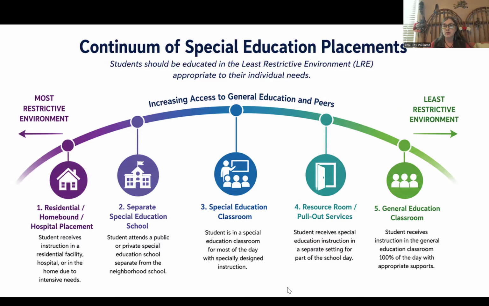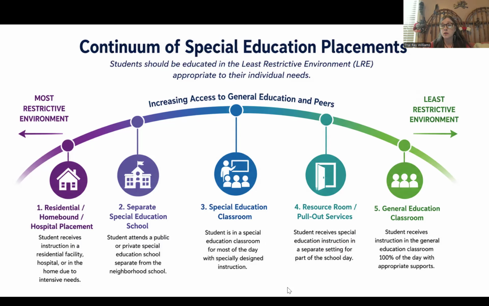So I talked about the least restrictive environment. And remember when I said the least restrictive environment is really related to inclusion and participation with their non-disabled peers. And we're looking really at that general education classroom and the amount of time they're with their non-disabled peers. So we're going to start on the left and look at the most restrictive environment. The most restrictive environment would be a residential facility of some type, and that could be a juvenile detention center. And these are for students who have really intensive needs. So we can imagine that a student with a disability who is in a residential placement has really intensive needs,